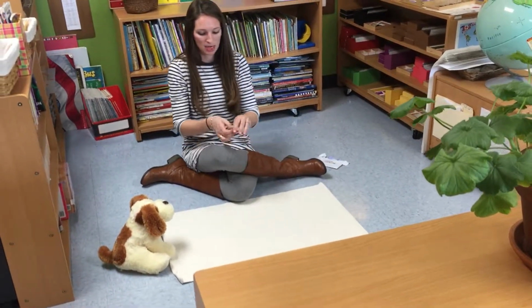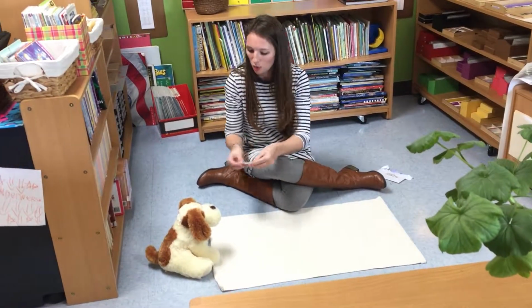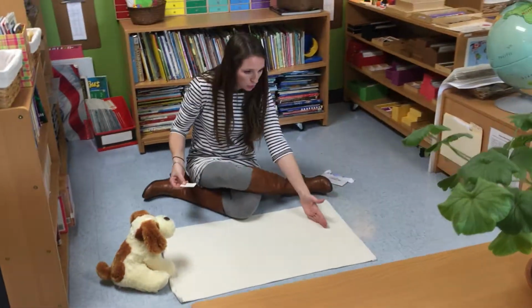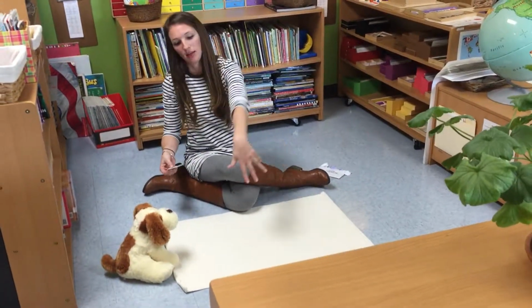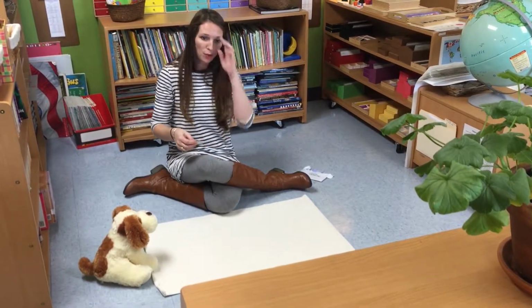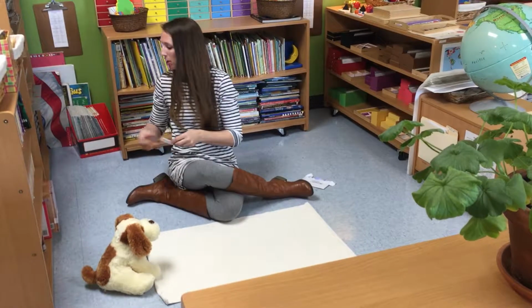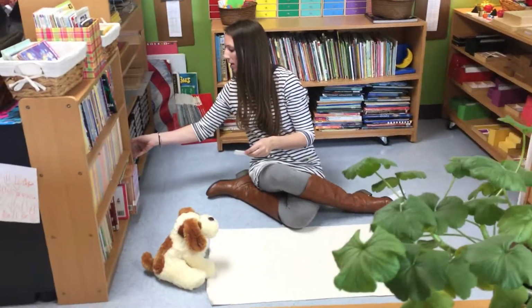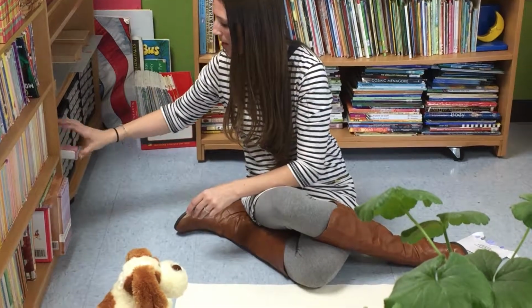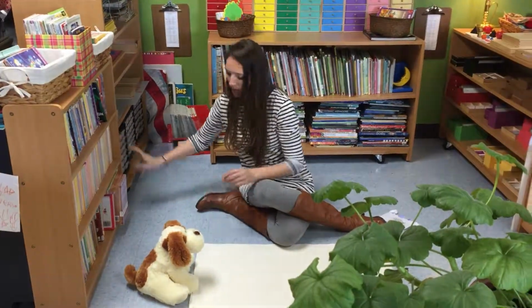And then a lot of times I say, okay, dog, would you restore this material to the shelf? And cat, would you please roll up the mat? And fish, would you please provide clipboards for our follow-up work, or things of that nature to make sure we're all working as a team. In this case, it's easy peasy because all my phonics drawers are right here. That makes life so simple. And dog,